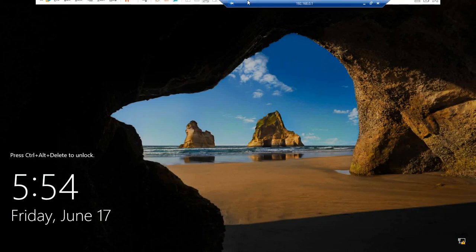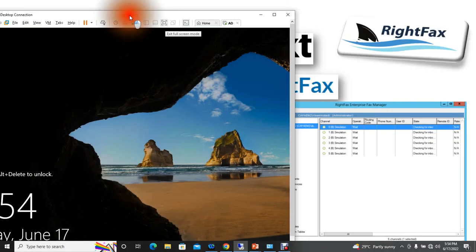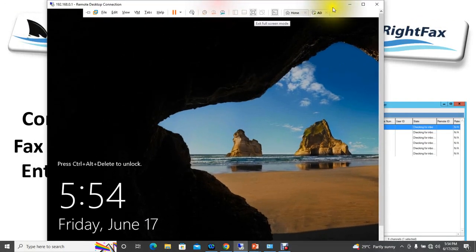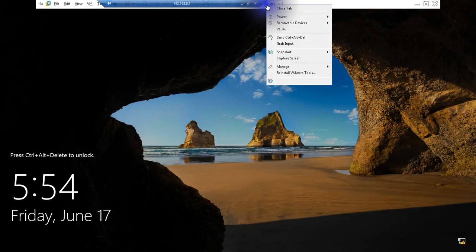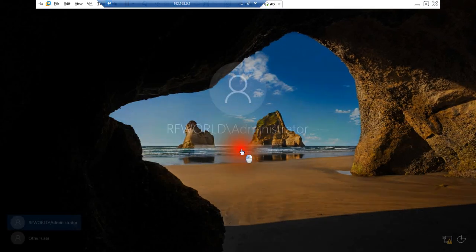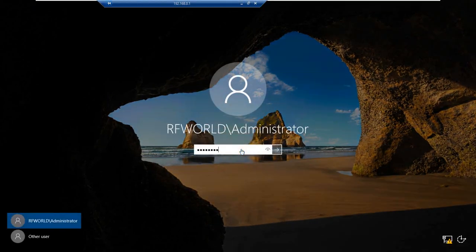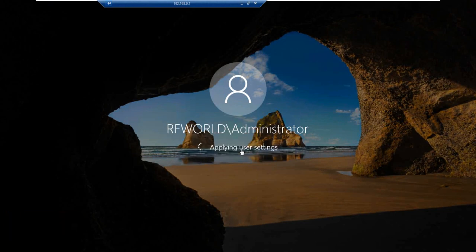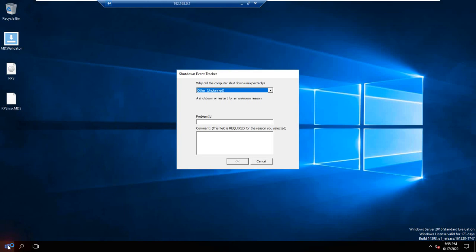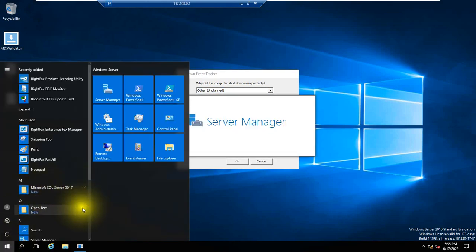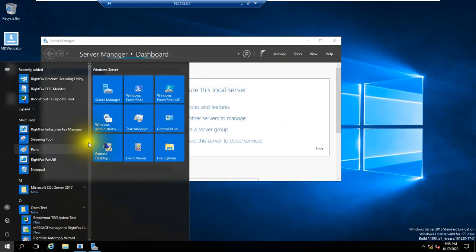Let me log into this one. I need to give my password credentials. Okay, again I need to open RightFax Enterprise Manager,